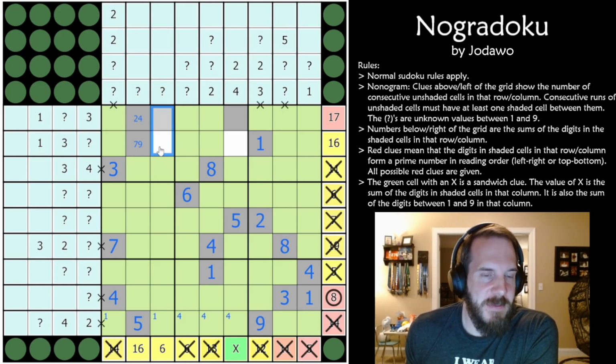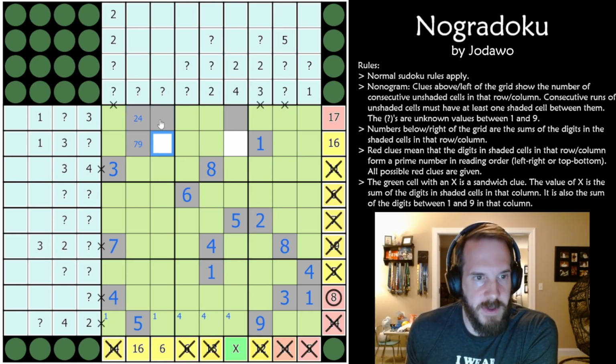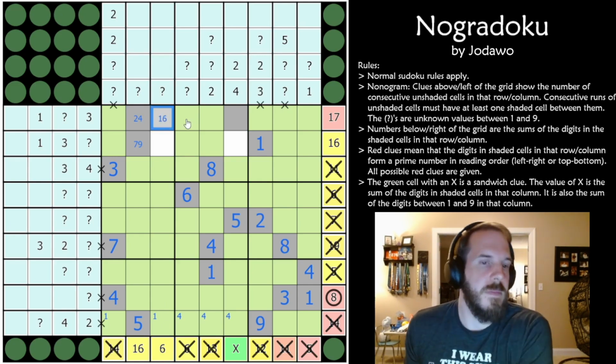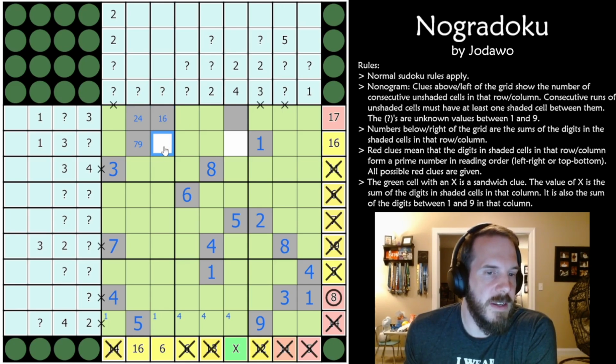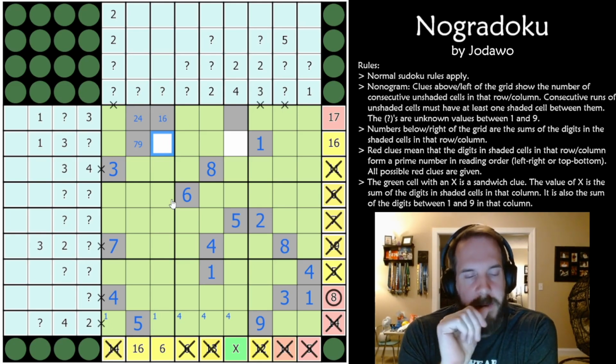So if this is a 2-cell sum, we need it to sum to 6. It couldn't be 2, 4. So it would have to be either 1, 5, or this would have to be a 6 because of this one here. But 1, 5 is not prime. The digit cannot be prime, so 6 works, and then 15 works. So this is either a 6 or a 1. And if this is shaded, then this would be 1, 5. Can't quite eliminate that one yet, but